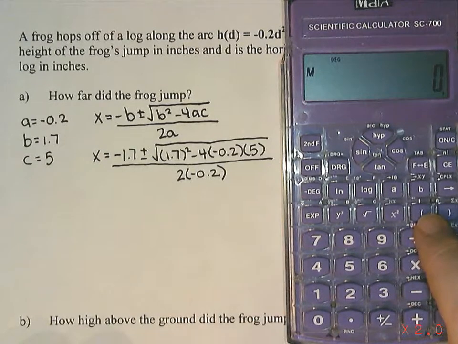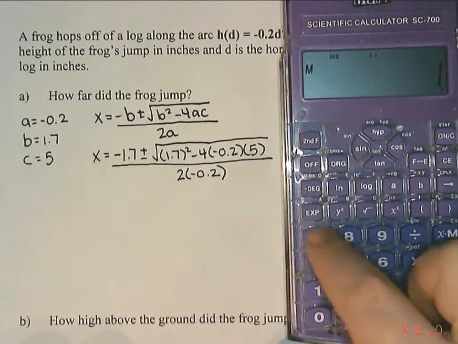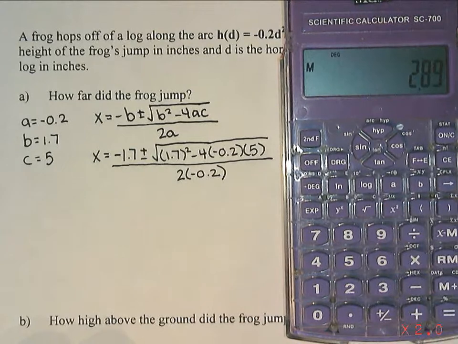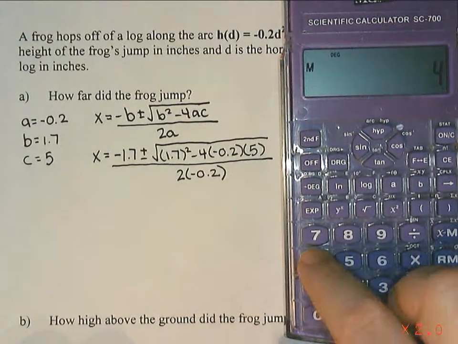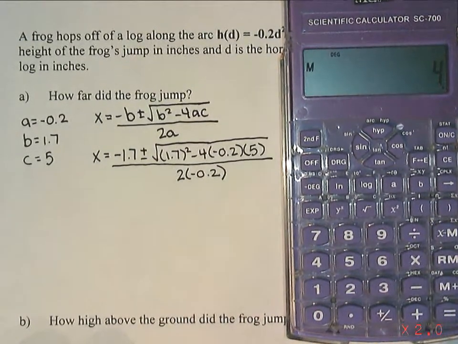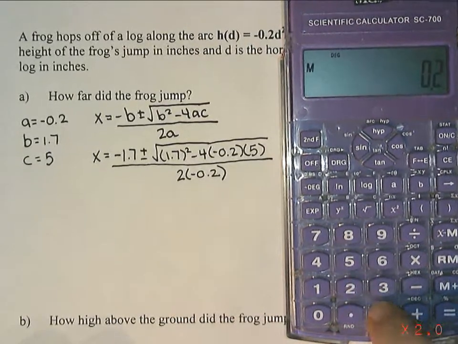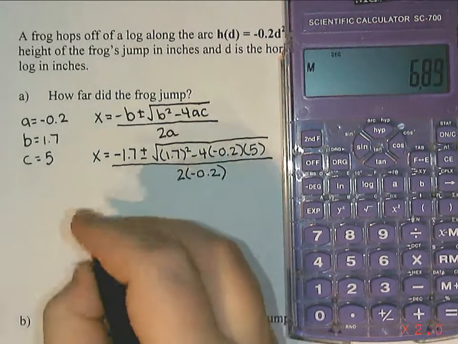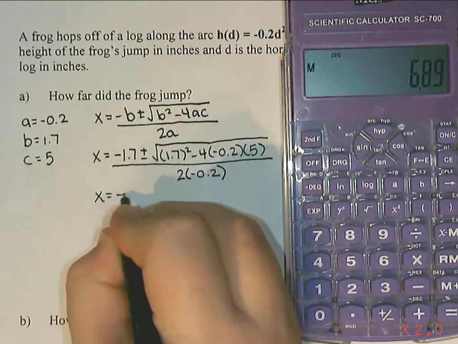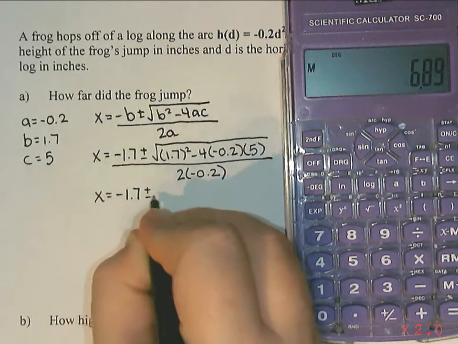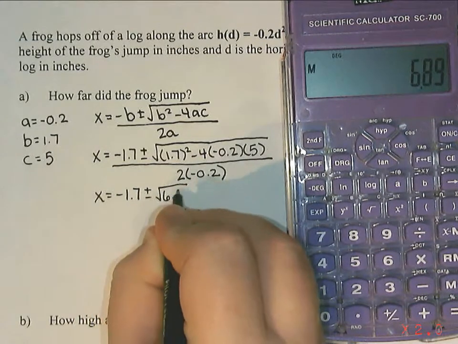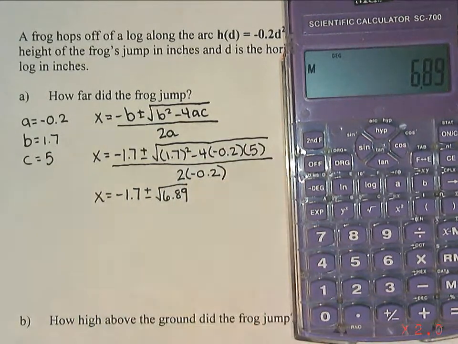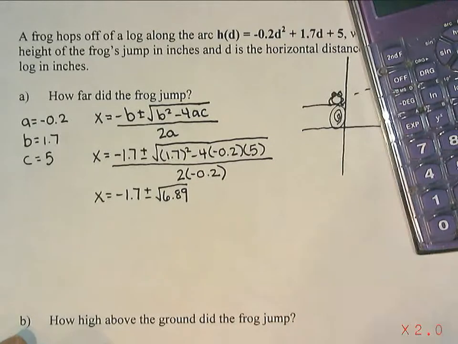And if I want, I can actually do bracket 1.7 bracket squared minus 4 times, and then negative 0.2 times 5. And I end up with 6.89. And then 2 times negative 0.2